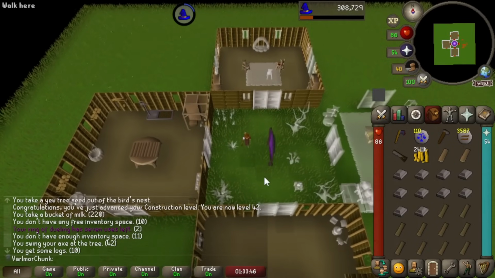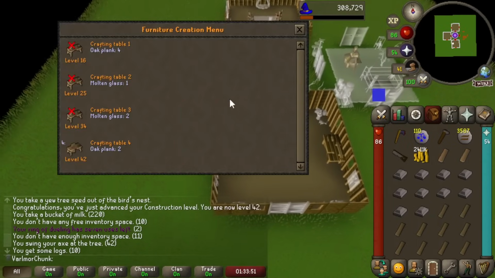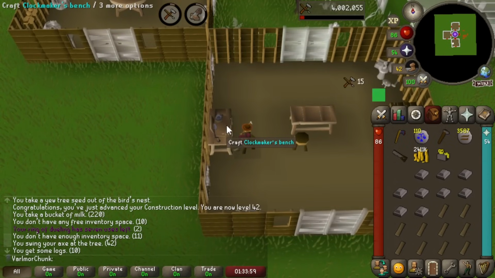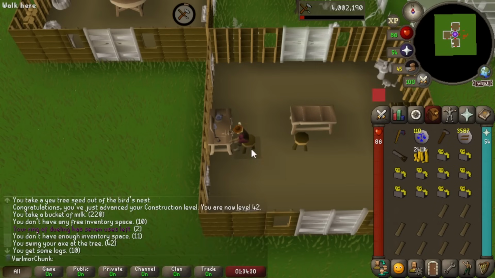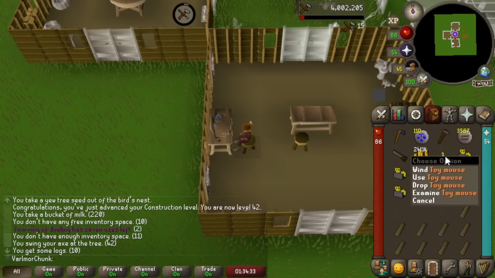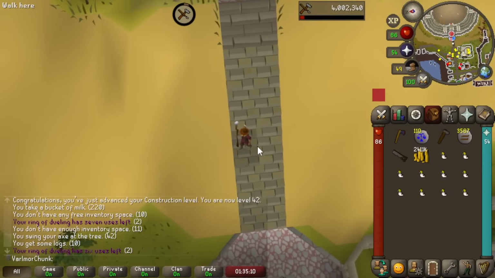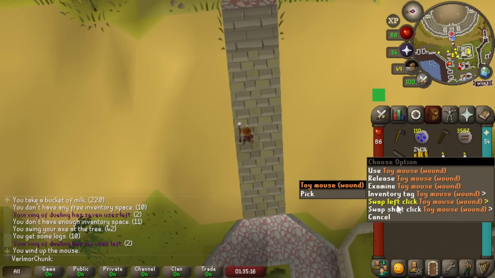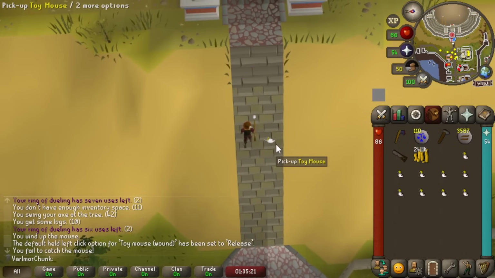The reason I wanted 42 construction is because at 42 construction I can upgrade my clockmaker's bench to a crafting table 4, and at this I can make a whole lot of clockwork mechanisms. And I can turn these clockworks into clockwork toy, clockwork mouse. Look at it, toy mouse. I was so excited about the mouse that I didn't go pick up some milk. Anyway, if I wind a toy mouse and then swap left click to release, and now I release the toy mouse, whoop, there it is, I can pick it up and get...